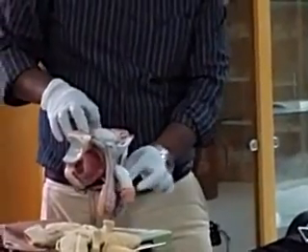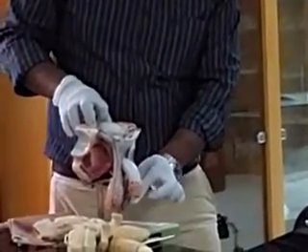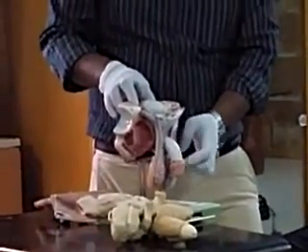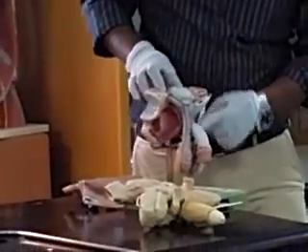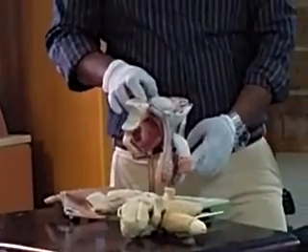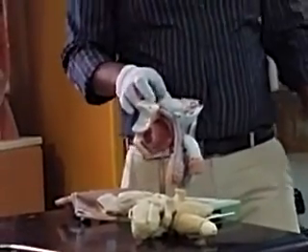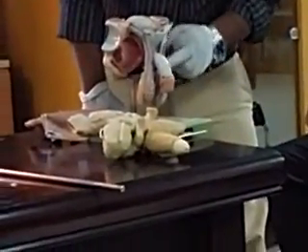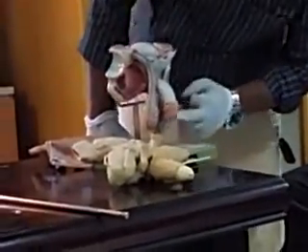If you feel your own scrotum, in the upper part above the testis, you will feel a cord-like structure. That is the spermatic cord, which contains the structures to and from the testis. What are the contents of the spermatic cord? Very important: the vas deferens or ductus deferens, the testicular artery, and the pampiniform plexus of veins, the blue plexus here.